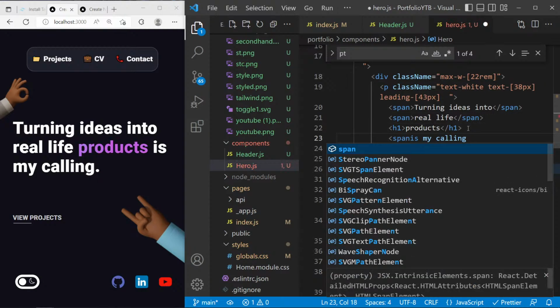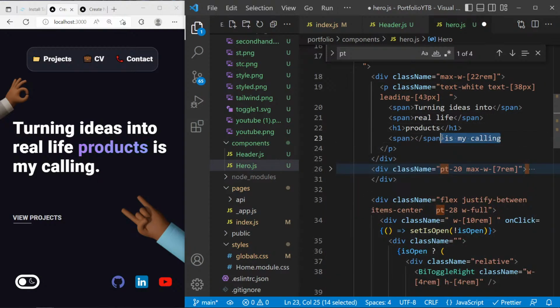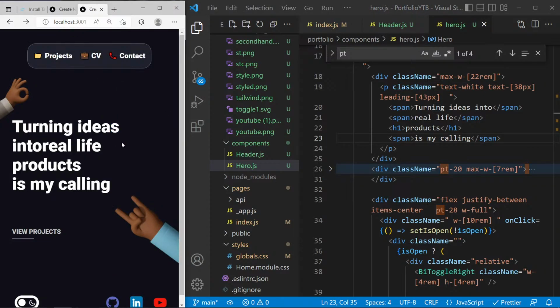And the last thing is to put is my calling inside a different span. So span, and save. Now let's check this out. Okay. To add some spacing between those, I'm gonna add a space right here and save. Into real life, I'm gonna add a space. So into real life products,